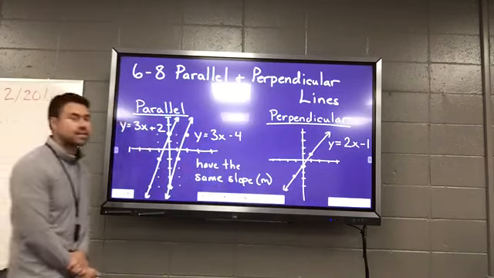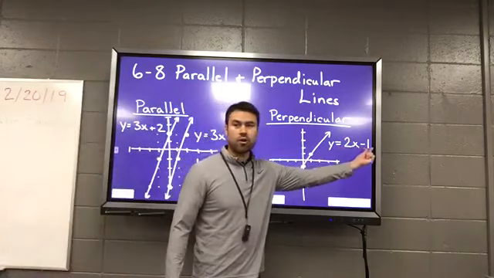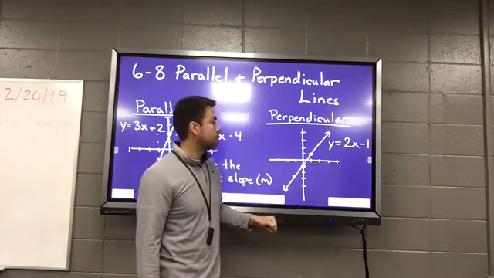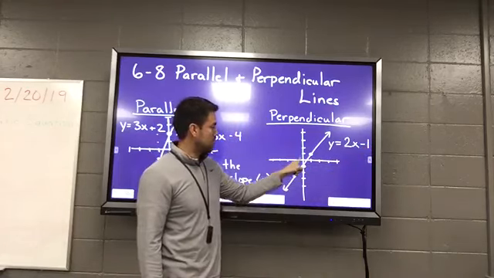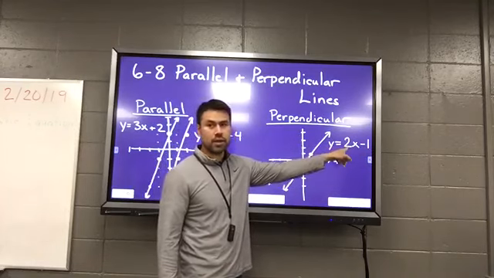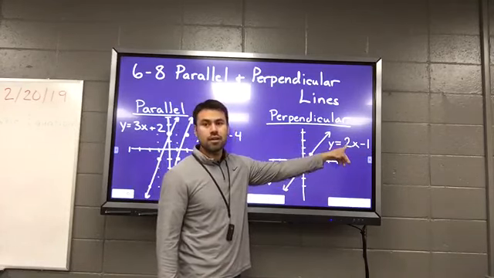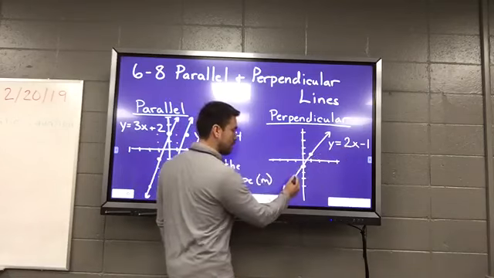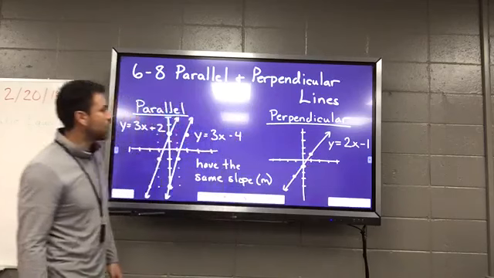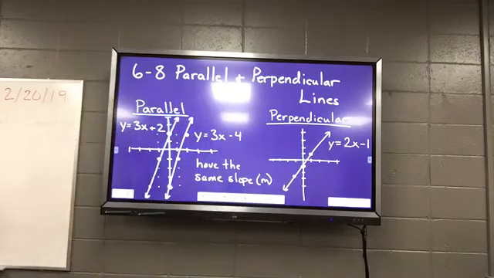Who can tell me why it's negative 1 right here? Anyone? That's where the line passes the y-axis, right here across at negative 1. Who can tell me why there's a 2 right there? Because that is the slope. It goes up 2 over 1. Okay, the second line on that second graph, we'll go with (0, 2) as the first